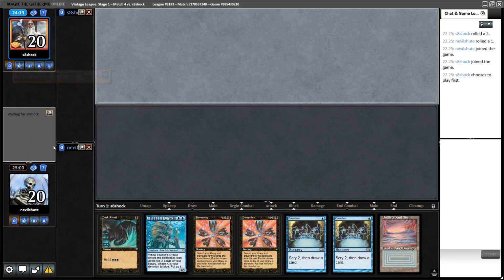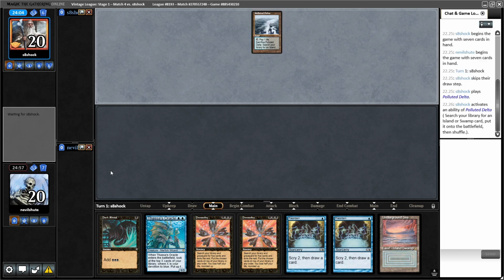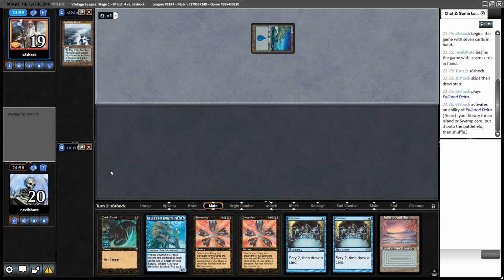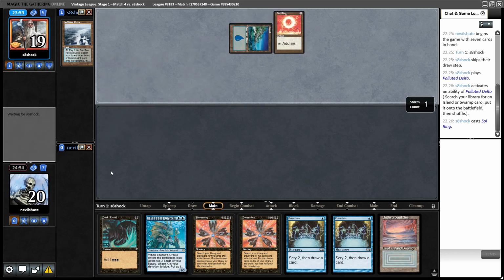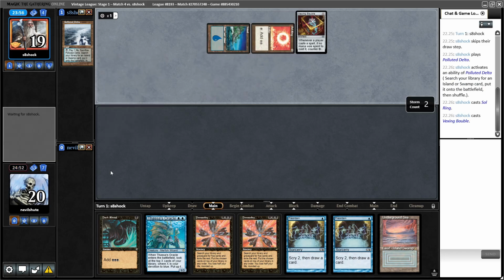Alright, on the draw for round number 4, against another Luris deck. I think I'm going to keep this. We are a little bit clunky in our hand here and kind of need a land big time, or a counterspell of some sort. Soul Ring, okay. Is this Sensei's Top? Oh, Vexing Bauble. Hey, that's actually